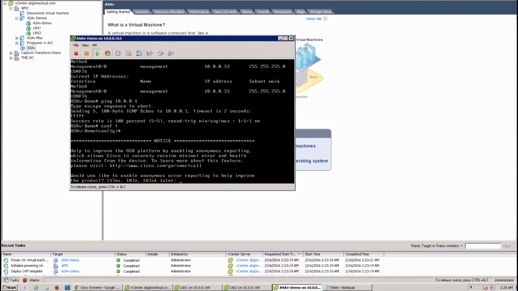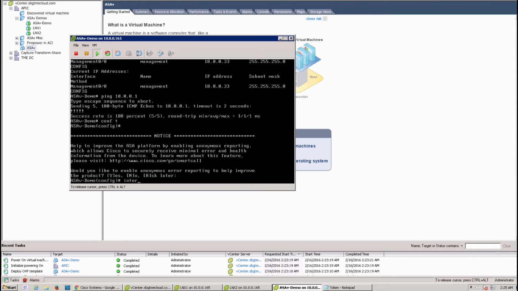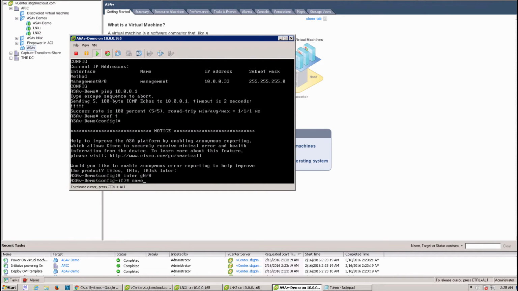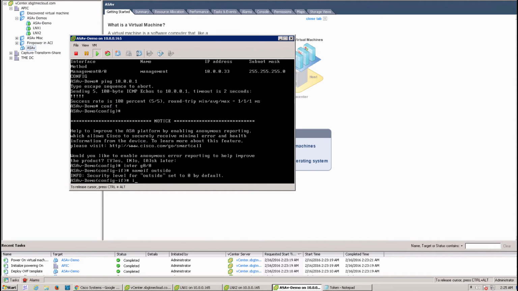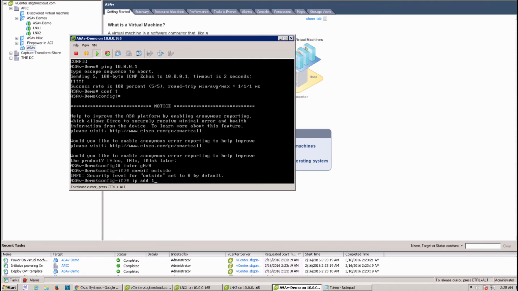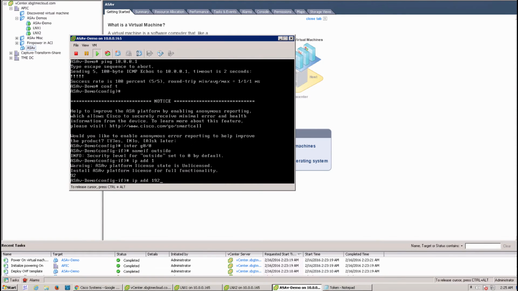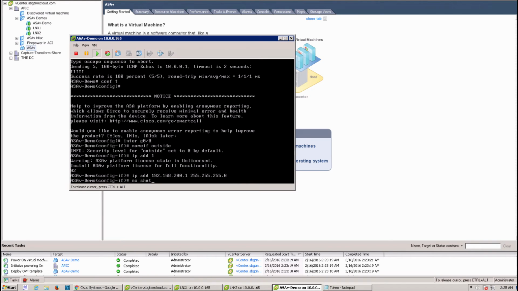So I'll go ahead and configure other two interfaces, gig 0/0, nameif outside, IP address 192.168.200.1/24, no shut,